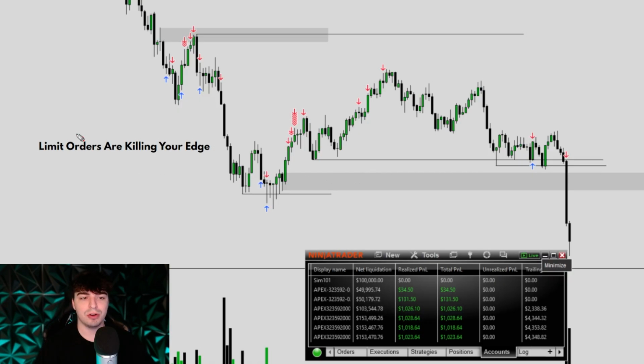It doesn't mean you don't use limit orders. You still can use limit orders, but what I like to do is wait for a sign that my zone is going to hold first and then place a limit order. So if I get some rejection candles or some weak price action in my zone, then I will look to enter. But for example, in this day here, which was a profitable day, again, sent in the Discord in real time,